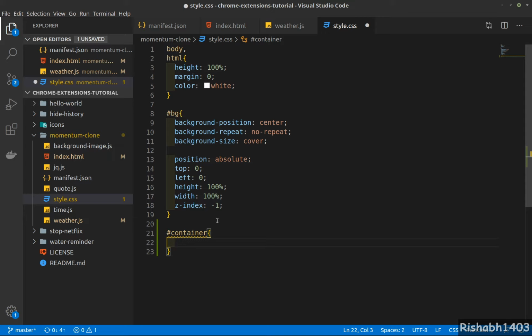So we will have display as flex, and we will give the container the height of the page, that is 100%, and the flex direction would be column so that the header, footer and center can be on top of each other. And we will justify the content with a space between. That means the header would stick on the top, the footer would stick on the bottom, and the center would be in the center. So let's do those things.